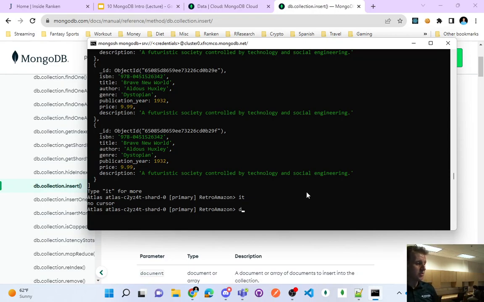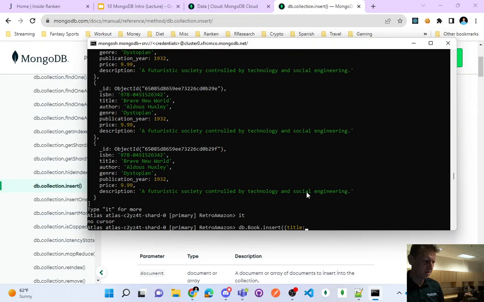So let's do db.book.insert, title dummy book, ISBN, and you can look at the referencing above, 978, and so on. Author,